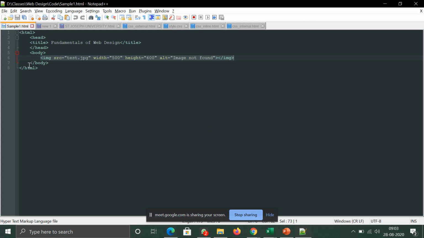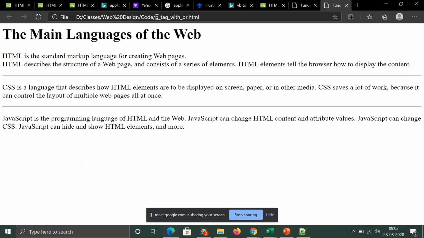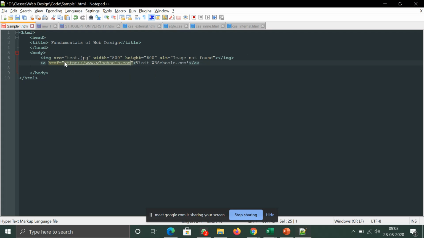How to do that? Here in this href, you would normally give a particular page, but since both are in the same folder, you can just take the file name and put it over here.